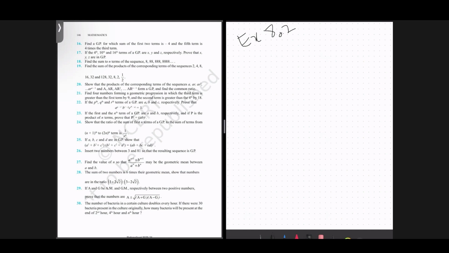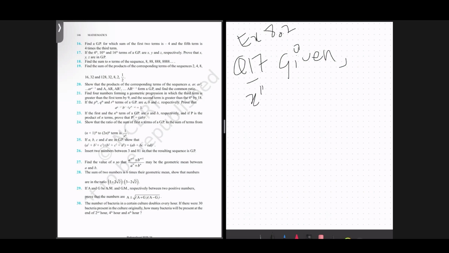So without wasting any more time, question number 17. Question number 17 asks of us: if the 4th, 10th, and 16th terms of a GP are X, Y, and Z respectively, prove that X, Y, Z are in a GP. Right. So let us first write what has been given. In the given section, we have